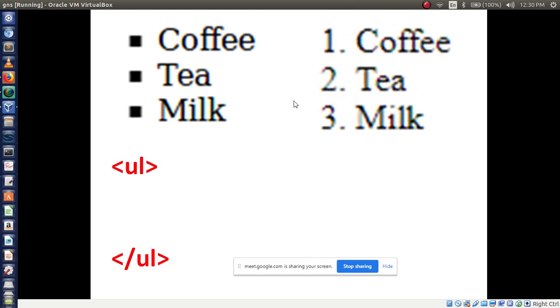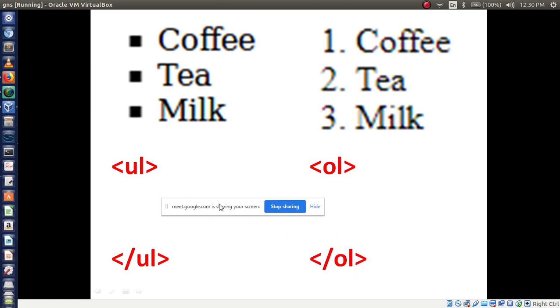We call this the OL tag, and in the previous bullets we have seen the UL tag. Here we have to make changes only to the tag. Instead of the UL tag, what do we have to use? The OL tag. If you use the OL tag you will get number wise or order wise, 1 2 3 4 5, depending on how many elements there are. Is that clear? Unordered and ordered. To print order wise elements, you should use the OL tag. Is it clear? Now see.